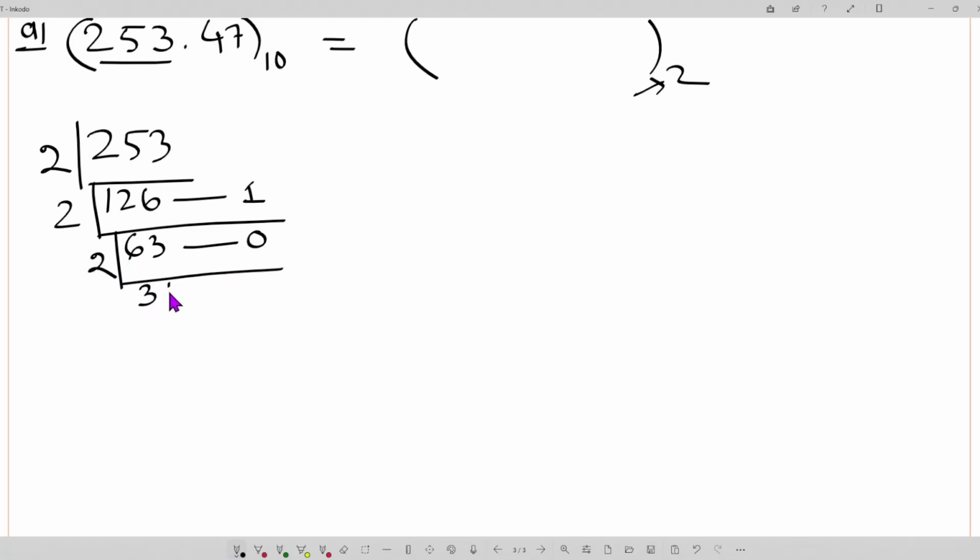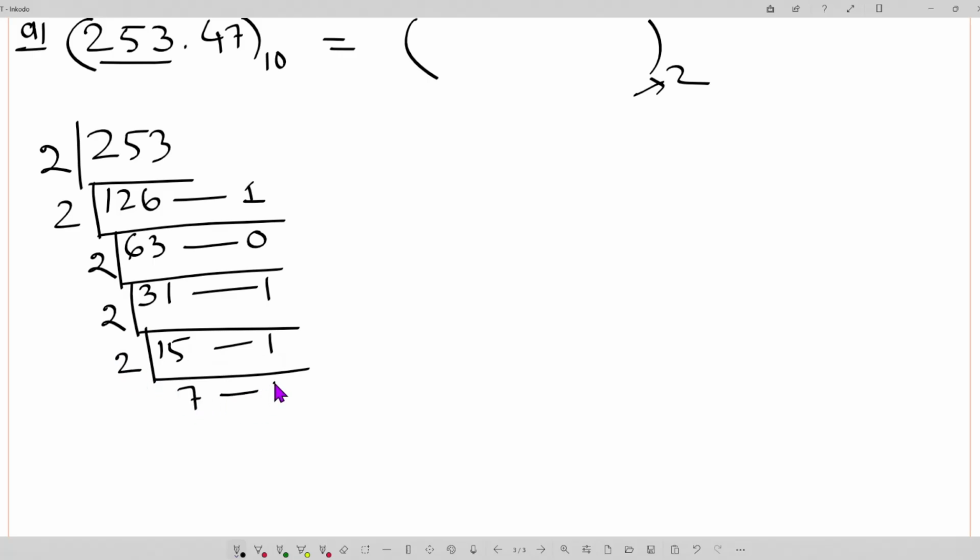So, 31, remainder 1, divide by 2, 15, remainder 1, divide by 2, 7, remainder 1, divide by 2, here is 3, remainder 1, divide by 2, here is 1, remainder 1, and finally divide by 2, here is 0